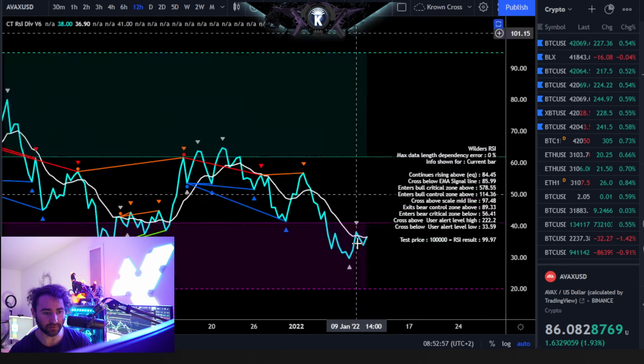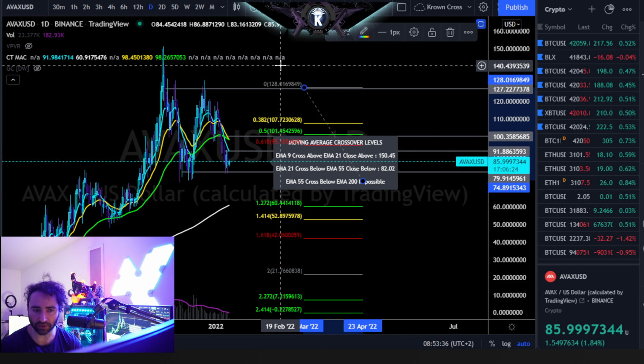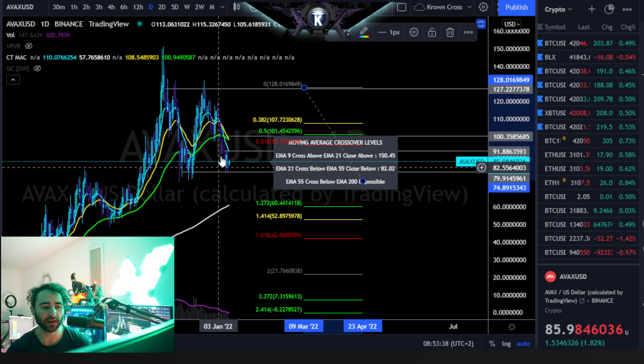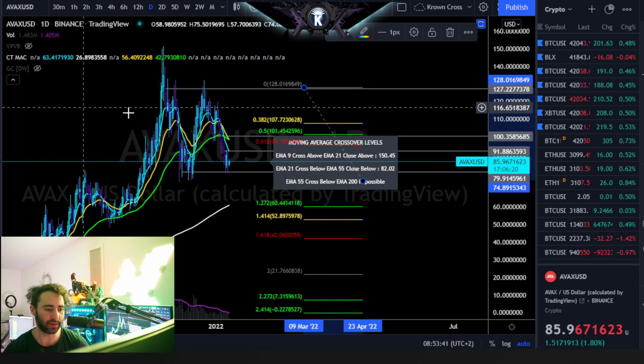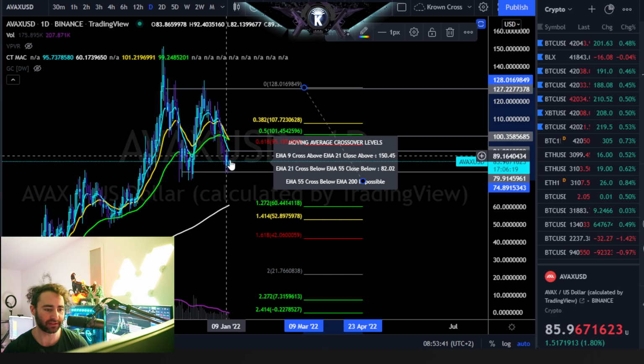So what am I essentially going off of right here? I'm just going off of the median of the range, which is the 0.5 Fibonacci retracement. Above there, I look at this one as generally healthy yet again. Below there, I look at it as corrective at best, with big problems on new lows below about $80 or so. Any sort of a daily closure, I think actually a little bit below $80, more like $79 in this case, and I would be looking for the next major leg down with targets somewhere around the 1.272, which would be low $60s. In fact, I'll put in a nice little blue box right here.